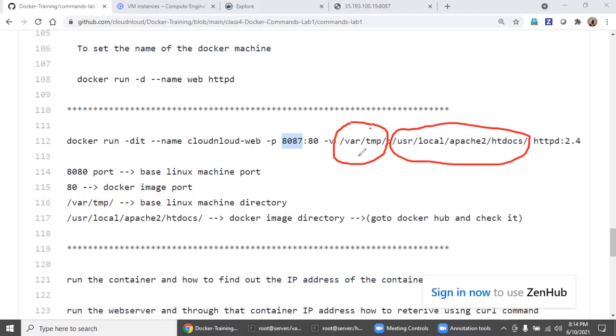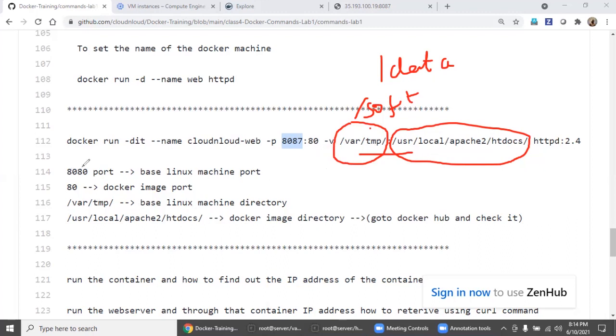Assume this is some NFS. So you map this directory. I'm just giving an example. Normally in production there is a soft mount, you can map it or /data. It's up to you what directory you are mapping. As long as you store some file, automatically it will be accessible directly from the container.